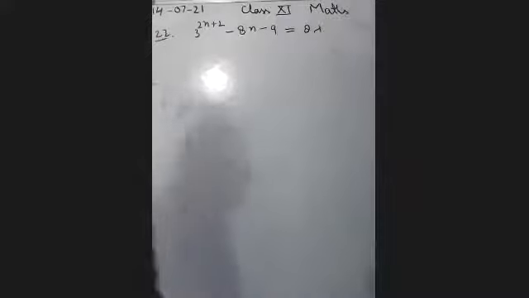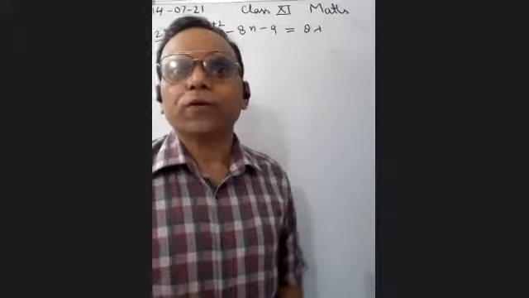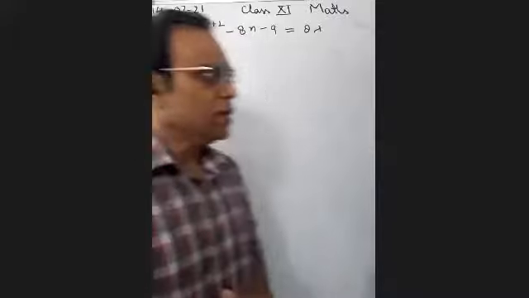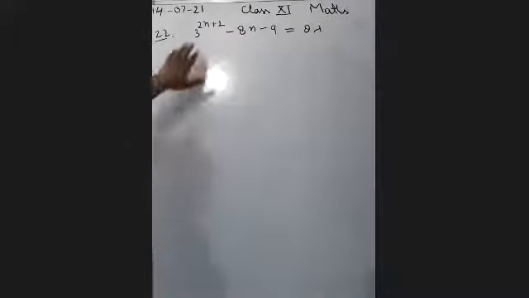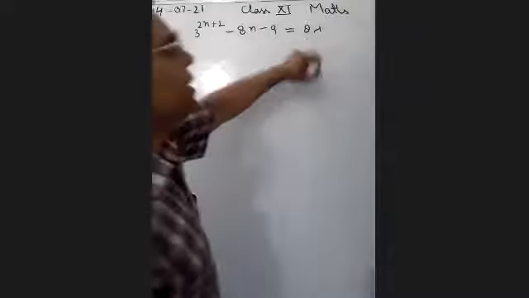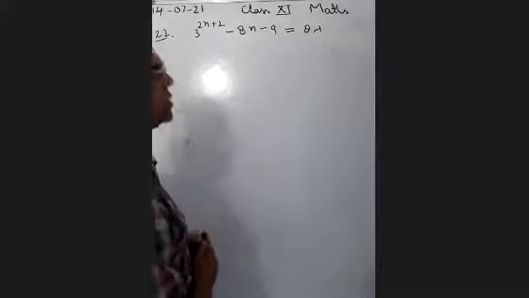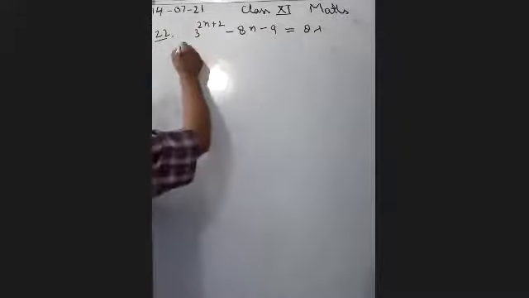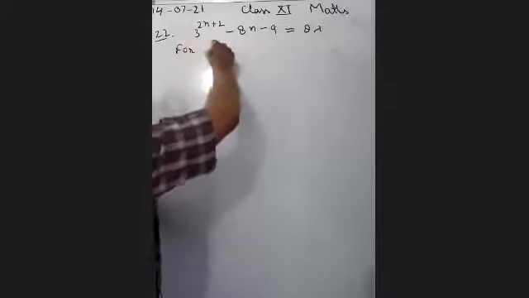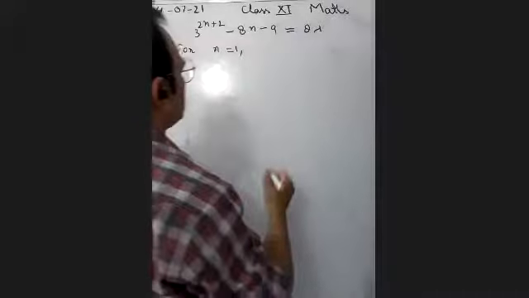If we have to prove that it is divisible by 8, it means 8 must be a common factor. It must be a factor. Then it will be in the form of 8 into lambda. The value of lambda may be any whole number: one, two, three. Suppose first of all we are checking for n equal to 1. N equal to 1 के लिए, if we put the value of n equal to 1,